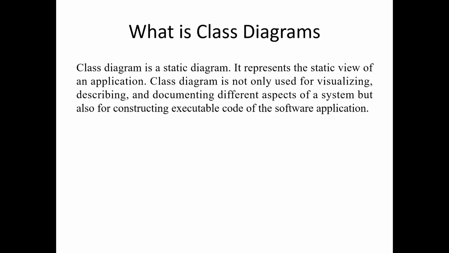A class diagram describes the attributes and operations of a class and also the constraints on the system. Class diagrams are widely used in the modeling of object-oriented systems because they are the only UML diagram which can be mapped directly with object-oriented languages. A class diagram is also a collection of classes, interfaces, associations, collaborations, and constraints. It is also known as a structural diagram.